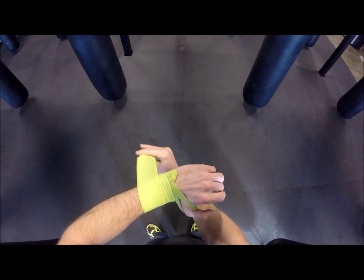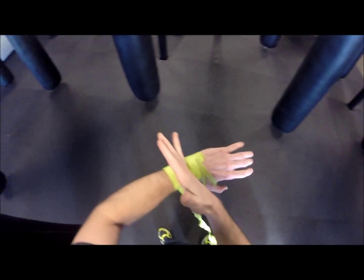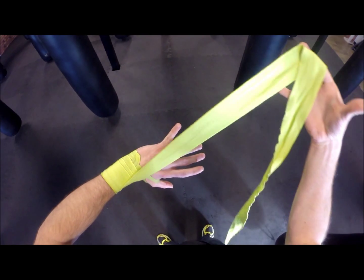Now, depending on where you want the protection will depend on eventually where you're going to put most of the fabric, either on your knuckles or on your wrist. I kind of split the difference. So about 3 times for me, and then I go in between each finger, starting with the pinky,